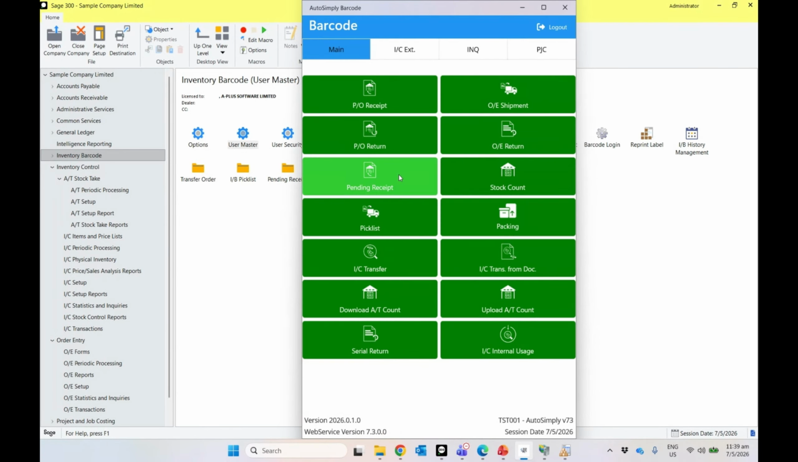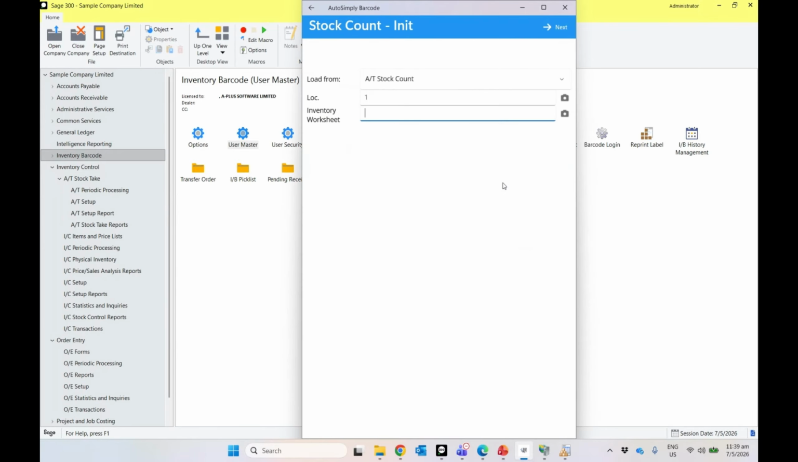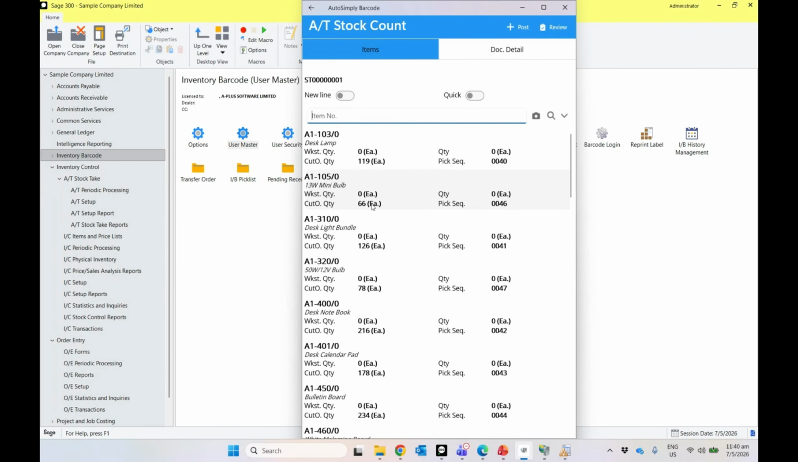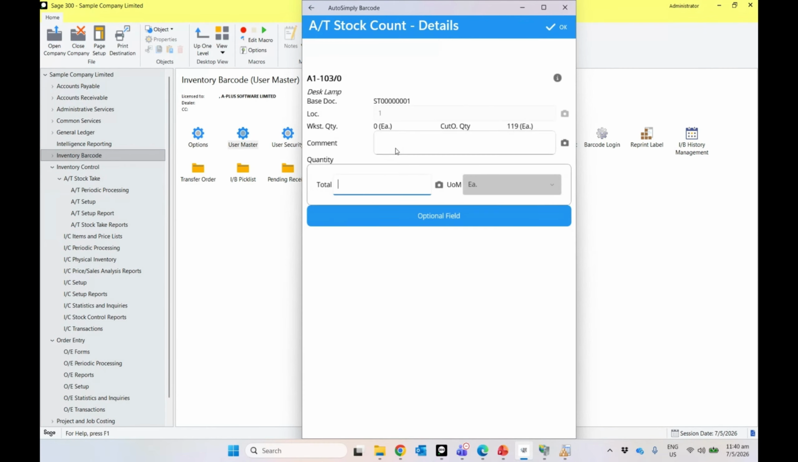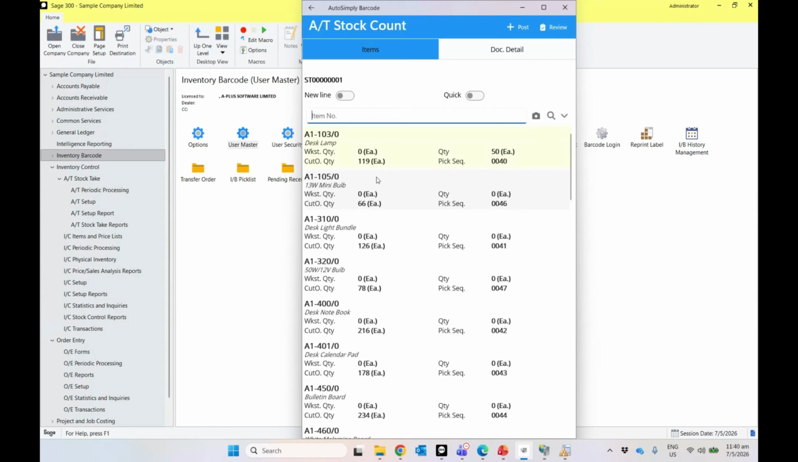So this is now stock count. We now have two choices, AT stock count, IC stock count. So let's use AT stock count. I can check which worksheets are available. There's only one right now. And this is now what we are counting. So again, if we are counting 50 here, 60 here,